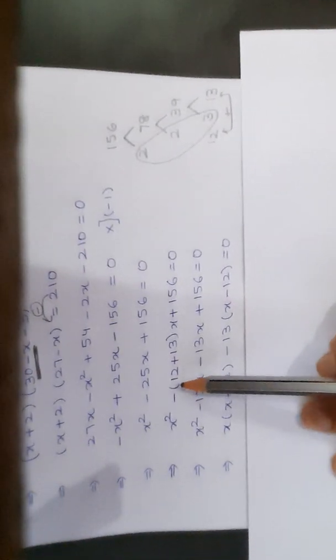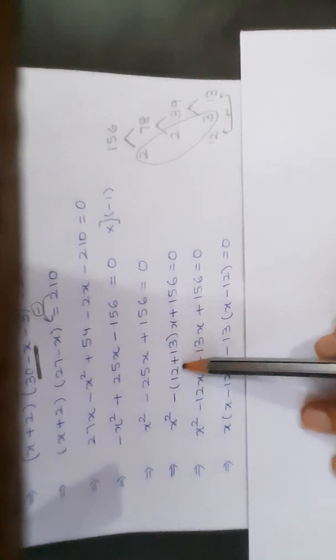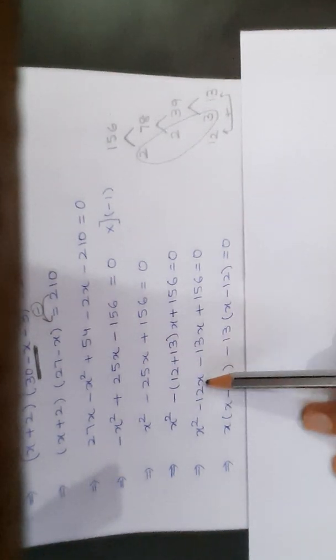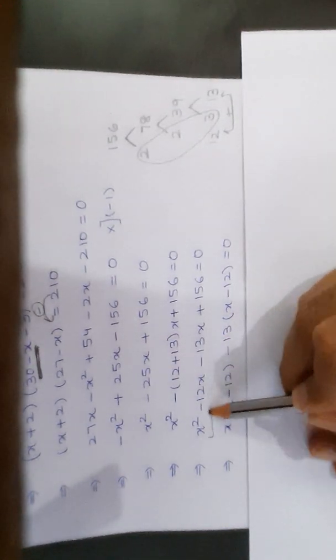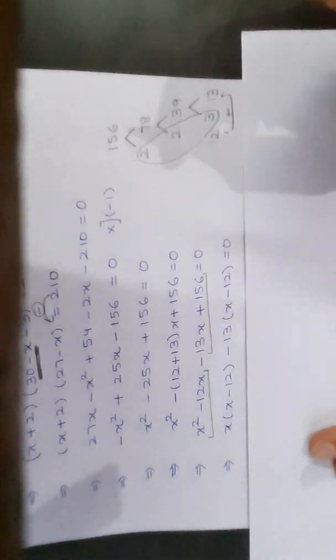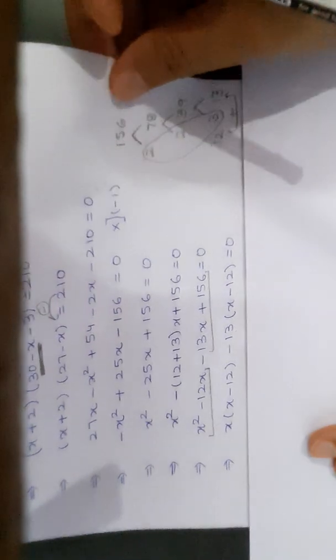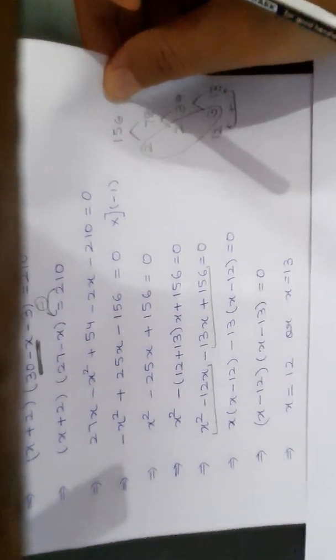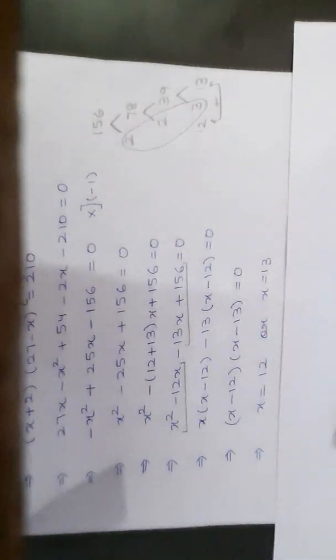As it is a case of negative numbers, beta, please be careful, put it in brackets because both the terms are going to be negative. Now from these two we shall take X common. From these two we shall take minus 13 common. So that is how we are going to solve it. Now you can see both the marks are correct because both are positive.